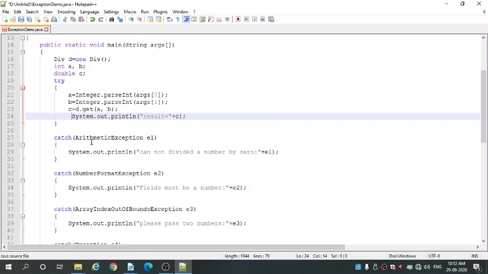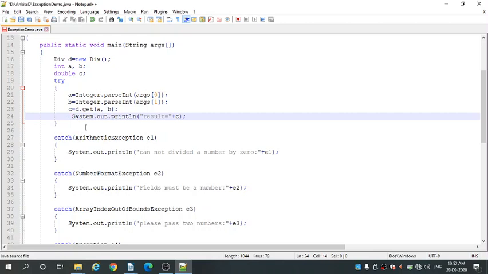That is arithmetic exception, and it shows you that it cannot divide a number by 0 on your console.